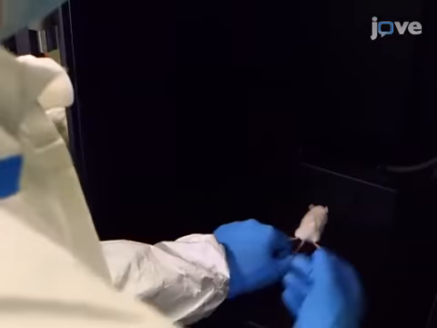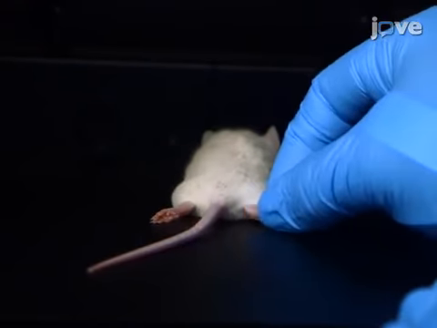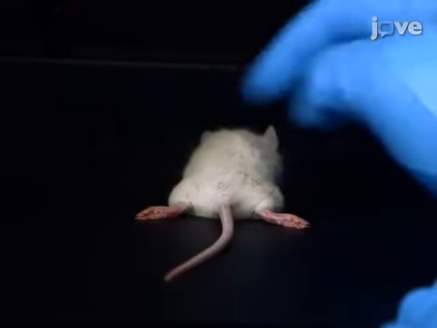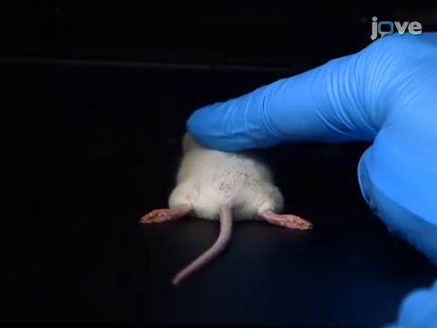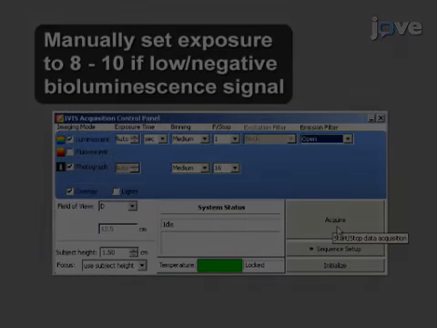After 10 minutes, place the mouse prone into the imager with its back facing the camera in as flat a position as possible. Select the auto exposure feature and click Acquire to obtain